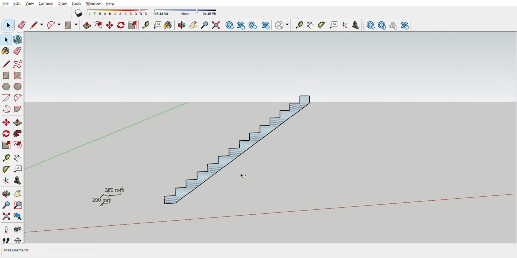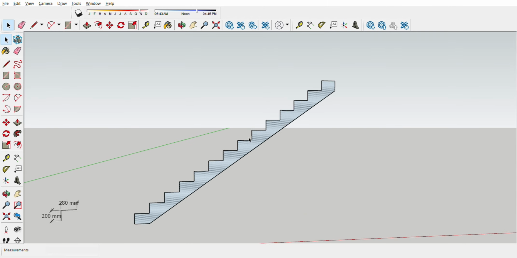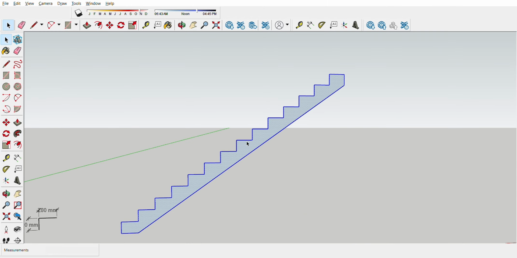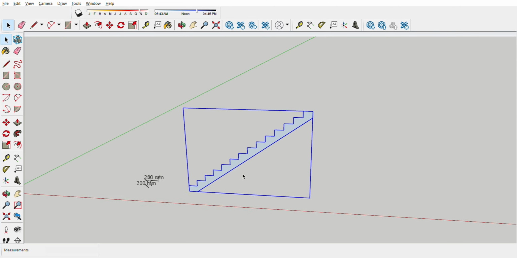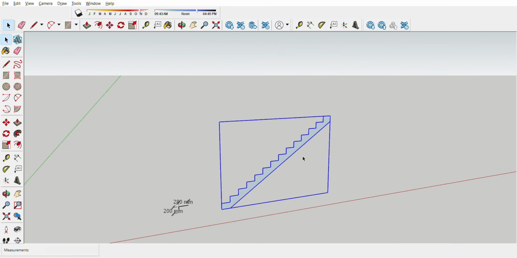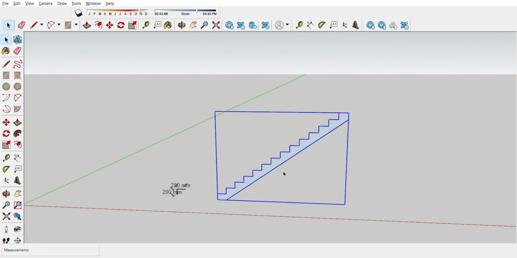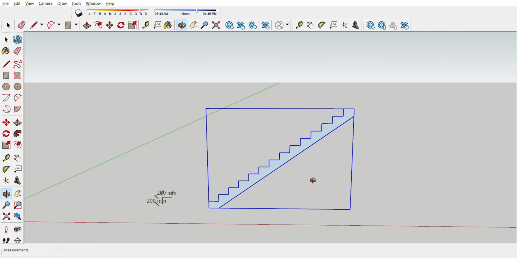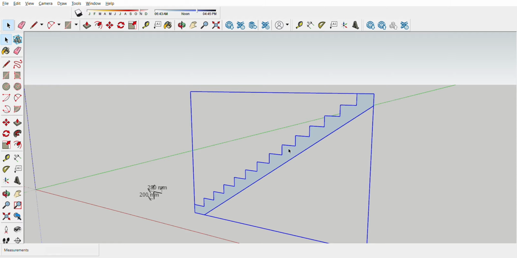The secret here is you need to group this one. Double click and then right click, make group. You can make a component, no problem, but since your stair is only one, no need to make a component.